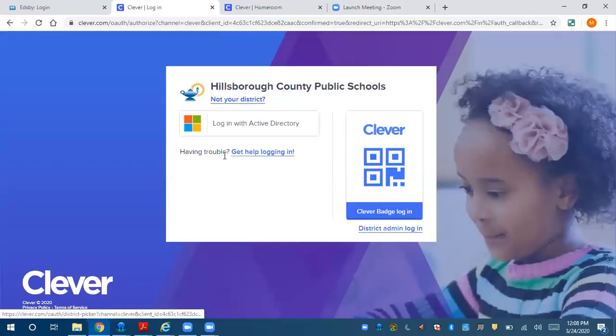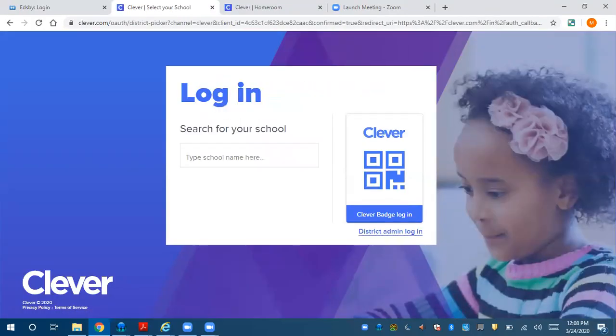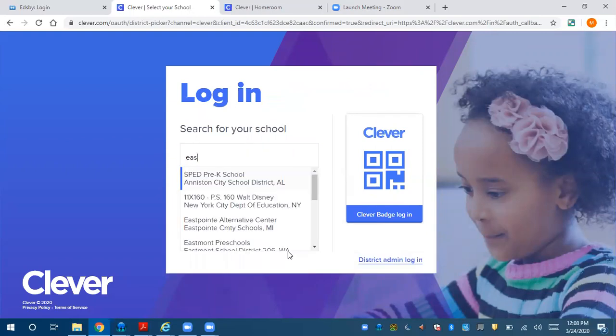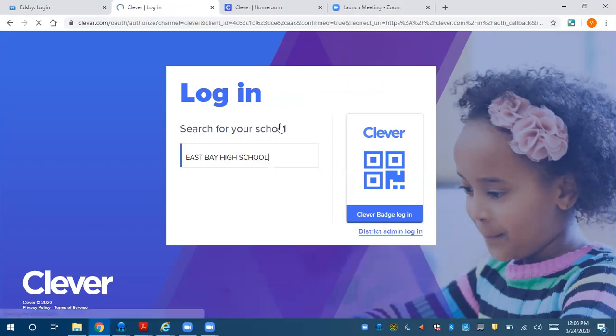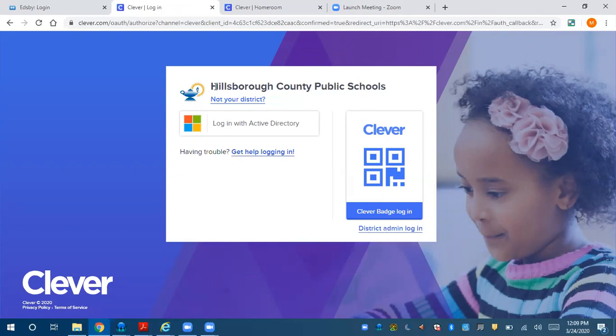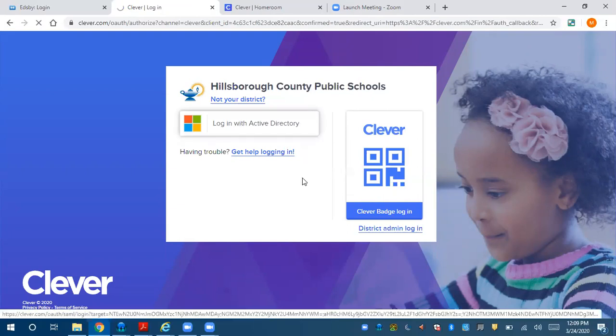You'll note to log in, it'll ask you to search for your school. Our school, East Bay High School, will appear under Hillsborough County Public Schools. Once you've done so, you'll note that there is a Login with Active Directory button. You click on that button,